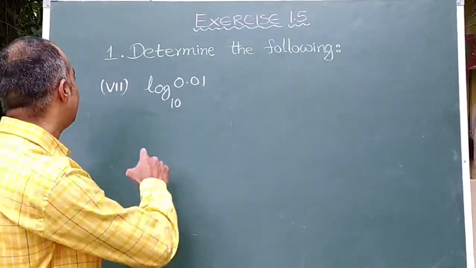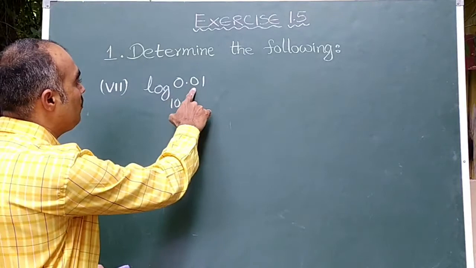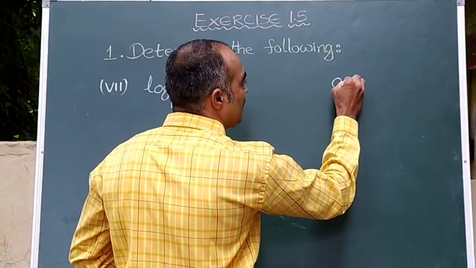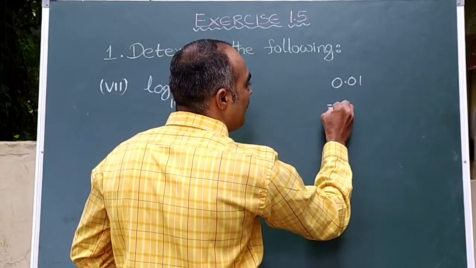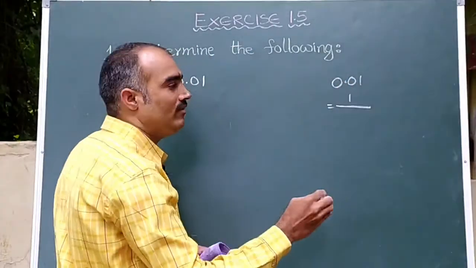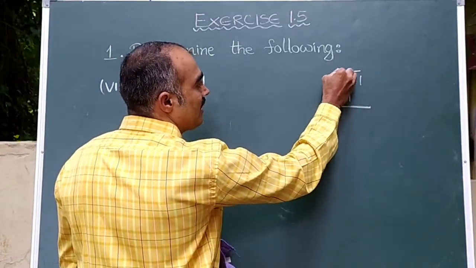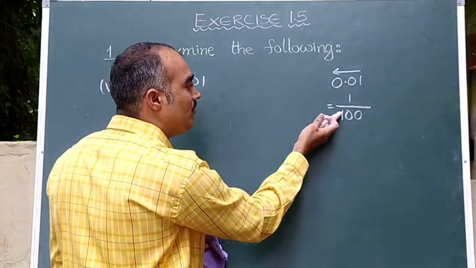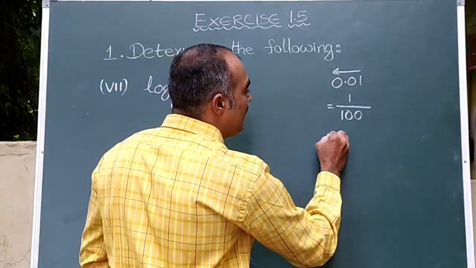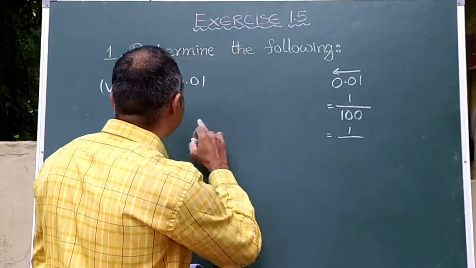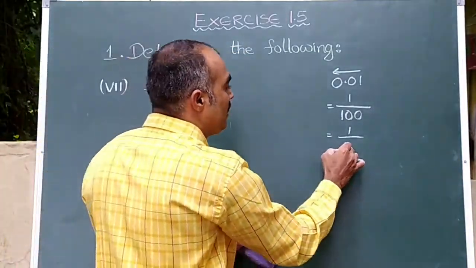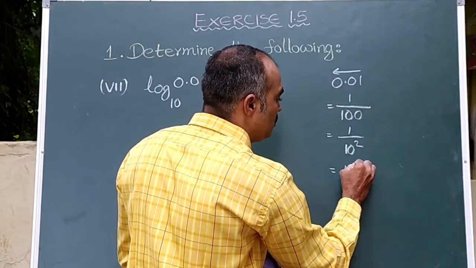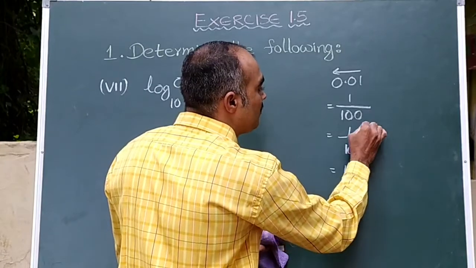Now let us see the next bit, that is the 7th one, log 0.01 base 10. Here you see, let us take this 0.01, children, 0.01. It can be written as 1 by, simple way I will say, you just write in reverse order, it is 100. So 1 by 100. Is it clear? If you simplify this, you will get that value only. So here it is 1 by, again 100 can be written as, here you just keep concentration, 10 is there. So we can write this one as 10 square. So it can be written as 10 power minus 2. When this comes up, the exponent will be negative.